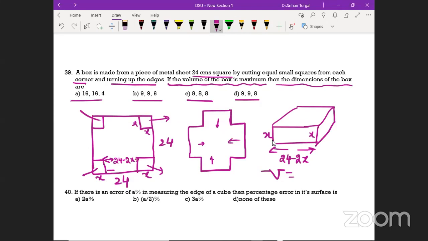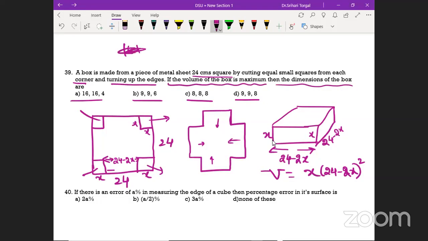Length into breadth. Because it is a square, this is also 24 minus 2x. So x into (24 minus 2x) whole square is the answer for the volume. Correct? Now you have to think of the term. If I add this 16, and if I add this 16